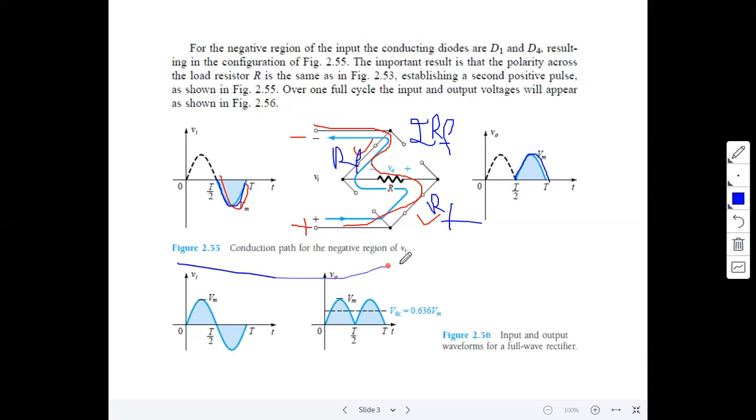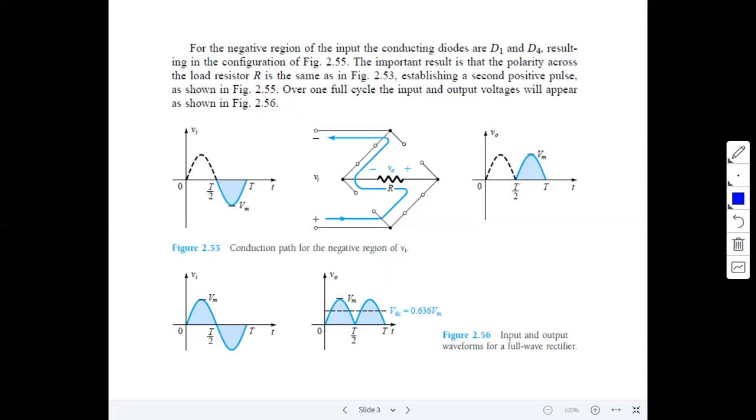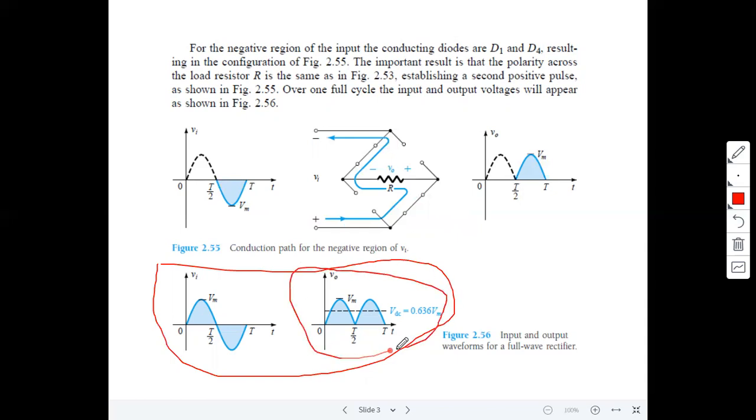Now the overall behavior of the full wave rectifier using a bridge rectifier is the same as the full wave rectifier with center tap. For positive cycles, two diodes conduct and the output follows the input. For negative cycles, another two diodes conduct, and the output also follows the input with inverse polarity. Right. Now this is the output waveform, same as the full wave rectifier output waveform with center tap.